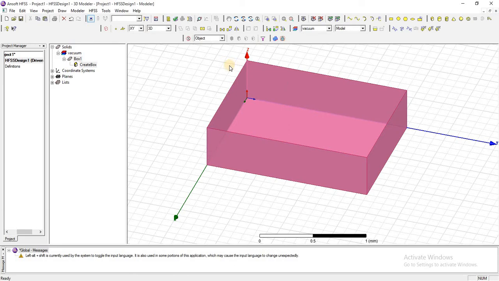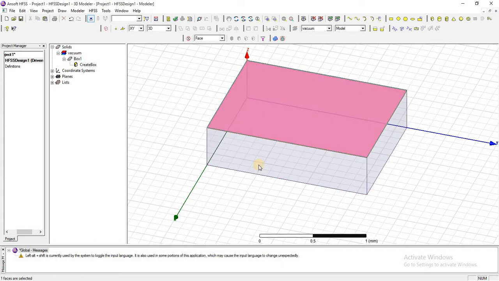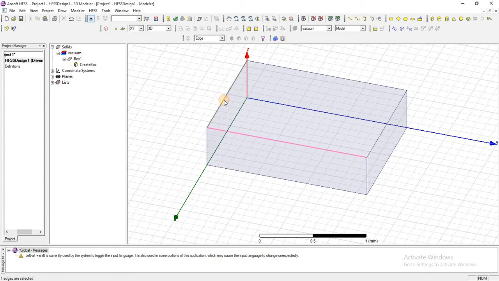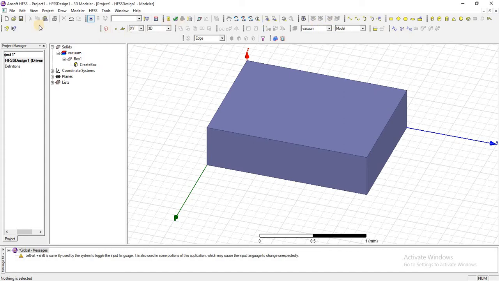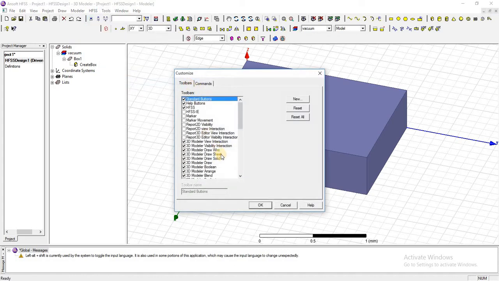The selection command is that we can select the faces, edges and vertices by two different ways. One is this way. In this way we will select one by one. One edge or one face. By using control key we can select multiple. But the best way, the easy way, is we will use another command that will help us to select the multiple faces, multiple edges with single click. But here in toolbars it is not present. So we will check in customize toolbars.